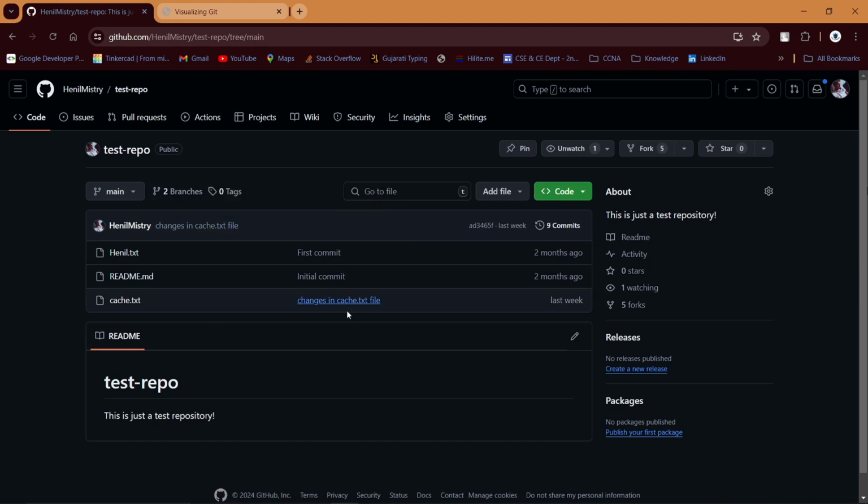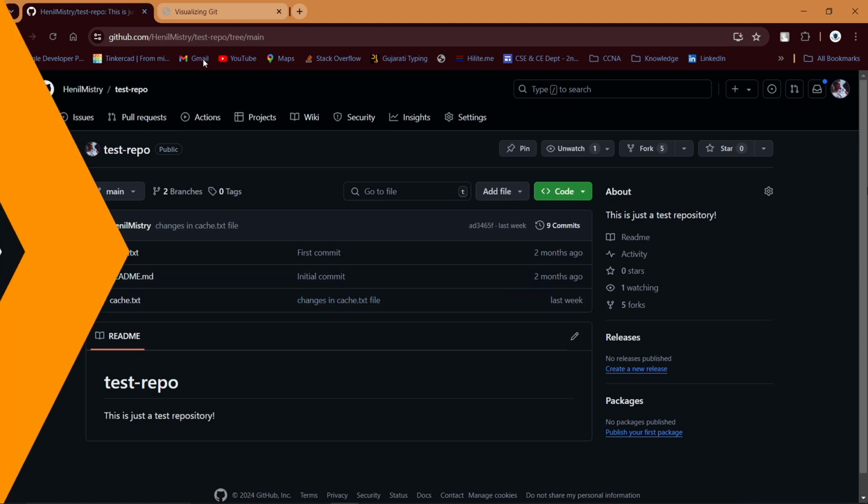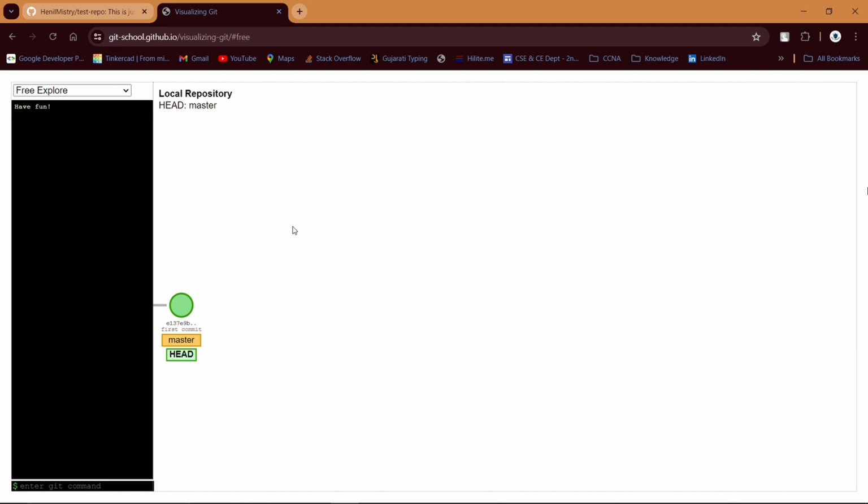Now moving forward from that, let's see how it's done with the help of visualization. So let's come back to the Git visualization and understand how it's done. First of all, let's understand the current history of the Git repository. Let's say there is this first commit on the master branch, and our head pointer is currently on the